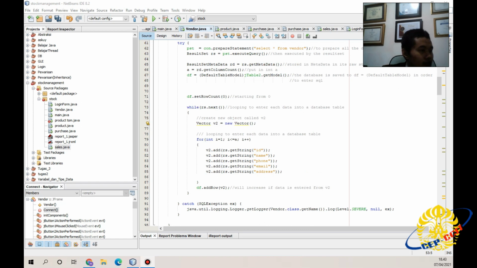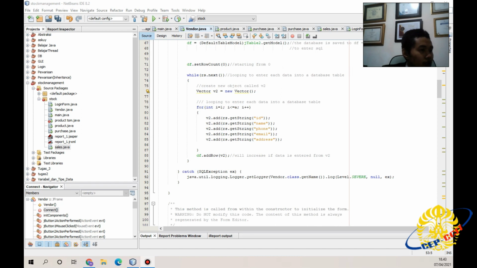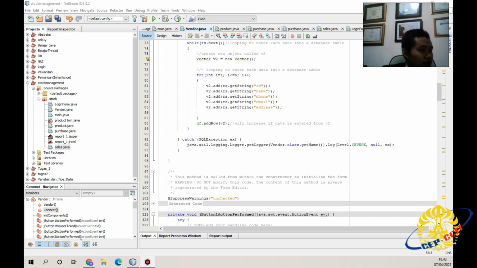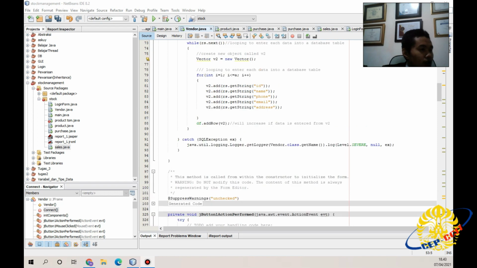Okay, create a new object called v2, then loop to enter each data into the table. Get string ID, get string name, get string phone, get string email, get string address. The function addRow v2 will increase the rows as data is entered from v2.